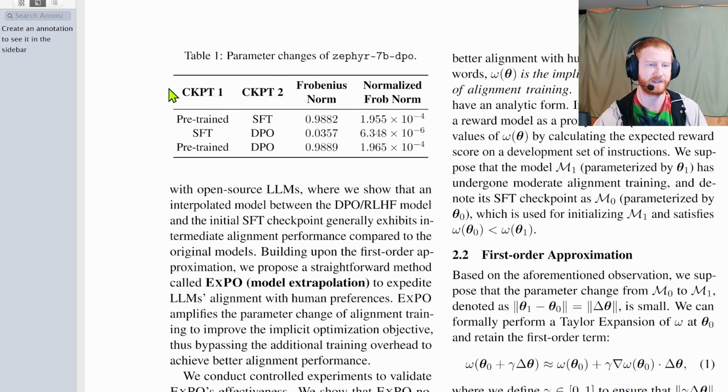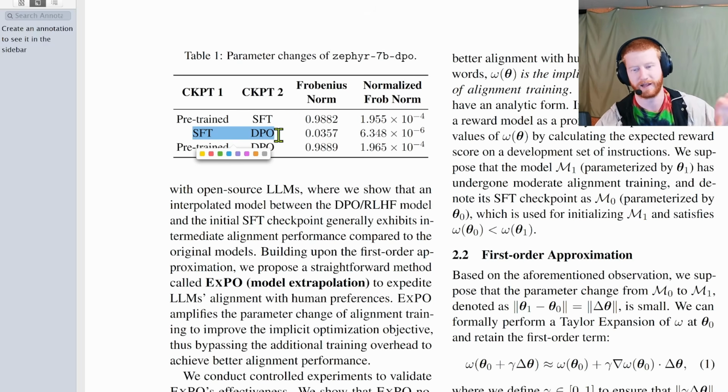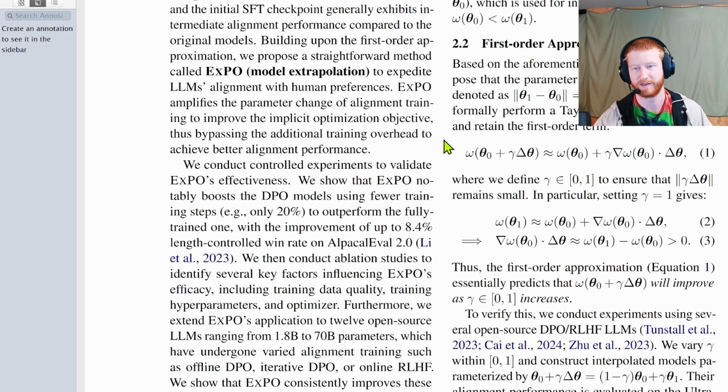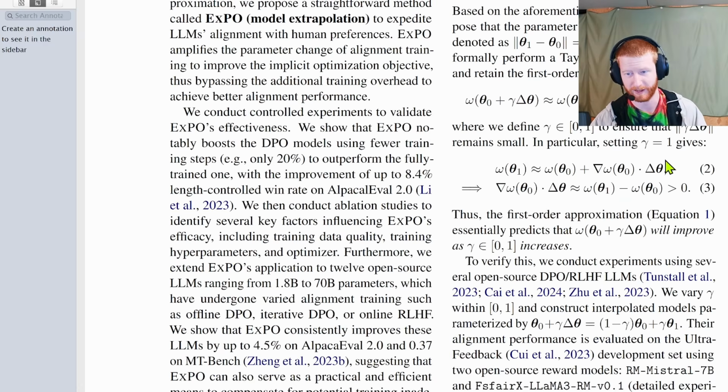Okay, so this is justifying the difference between the pre-training and after a bunch of supervised fine-tuning. There's quite a large difference, but between that and your final little alignment, it's just the cherry on the top. It's actually very little difference in the weights. And so they say, okay, if we can find the difference between the two, you know, all this hand-waving about Taylor expansion and stuff, but if you look at the formula, you're going to get to this point where we're saying, like,